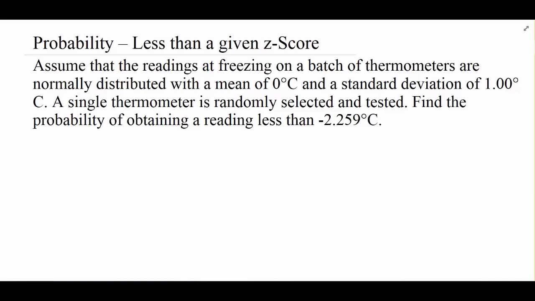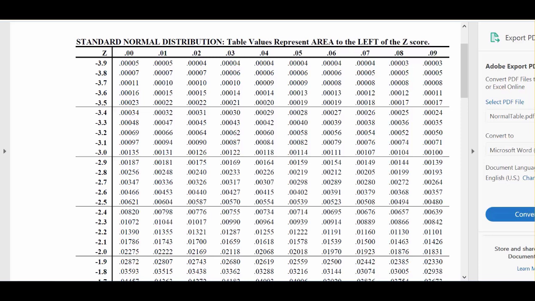Now, we have the chart, the table. So keep in mind you have this table here that you got from the module. This gives you the probability of being less than a given z-score. Now, just to remind you, the way that we're going to use this is we're going to find the z-score that if we wanted negative 1.97, we'd come to negative 1.9 and see where it meets over at the 0.07, and then this would give us the probability of being less than that value.